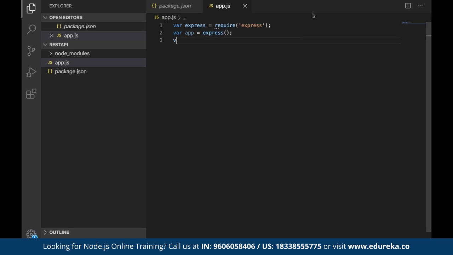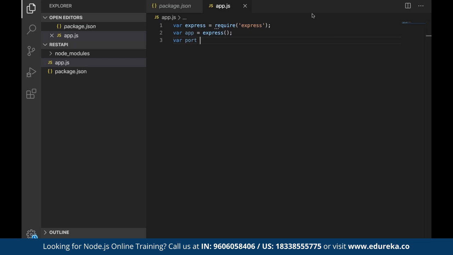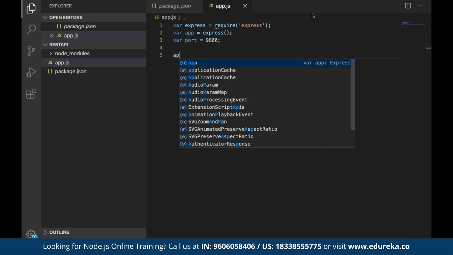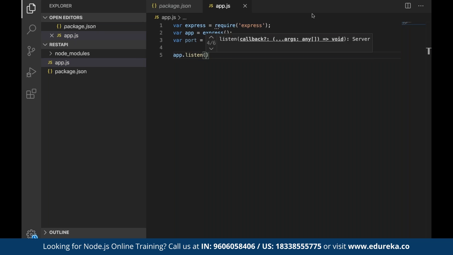Then after that we define the port number on which the application runs. We'll say var port equal to, suppose, 9800. Any port number you can give. And then you have to make your application listen to the port number, guys. How will we do it? We'll say app.listen to the port number, and then we have a function called a callback function.